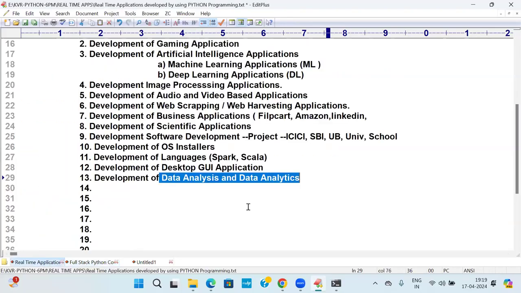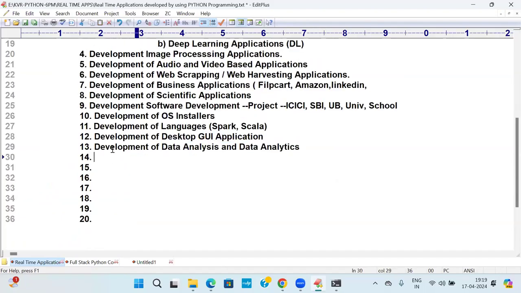Let me move further. Are you able to understand analysis and analytics? Next, coming to the next one, development of